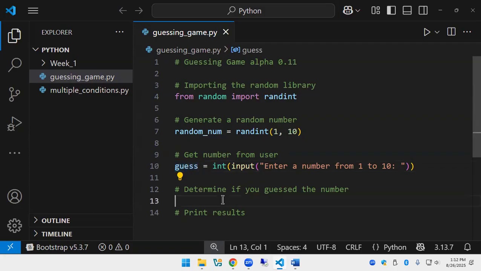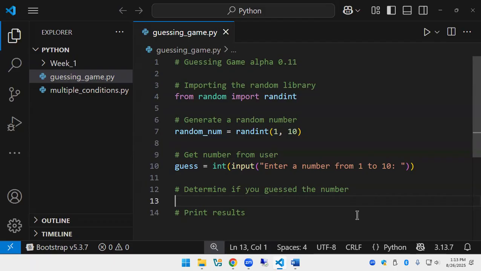How would we compare and determine, which is what H said, I'm just going to call you H, boy, I'm having trouble with your name. Let's see. Hudson, you got it more than I do. Hudson, I'm going to have to just say Hudson every 5 seconds. Okay, Hudson said that we're going to determine if you guess the number. Hudson, how would you determine if you guess the number right or not?